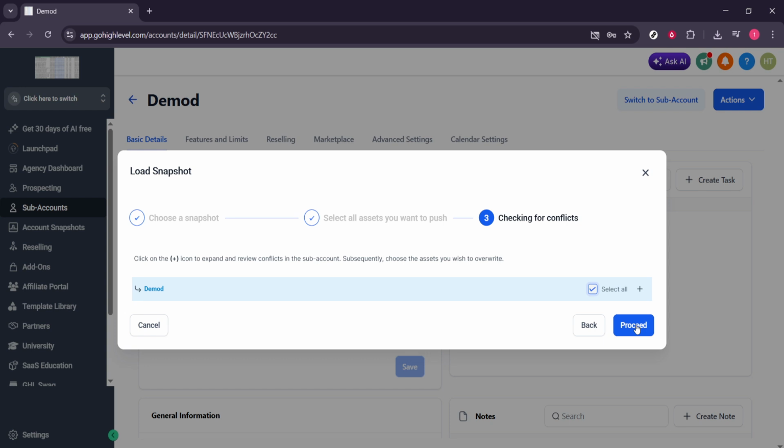From there, you can review the imported items, update placeholder details like business information, and run quick tests on key workflows to confirm emails, forms, and pipeline steps behave as expected. That's it. You've successfully loaded